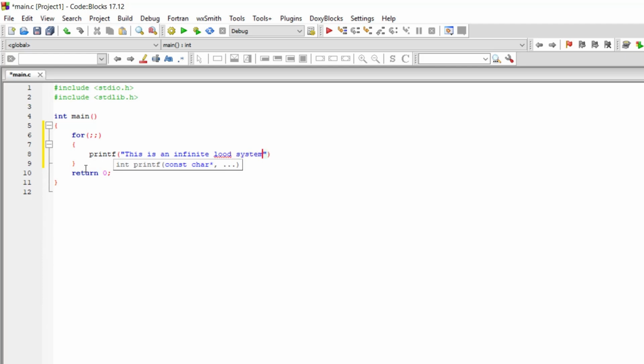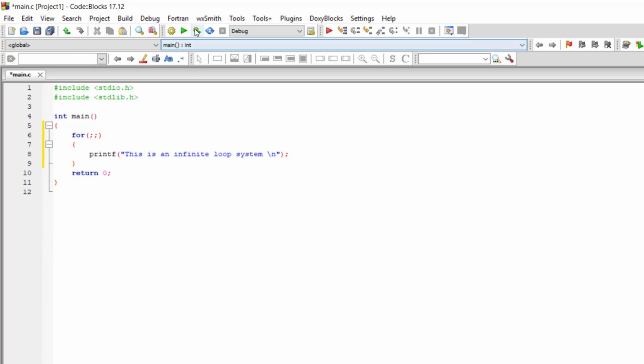And I want it to move on to the next line, so go ahead and put backslash n, and that is all. For this example, put a semicolon at the end. So it's going to print out, this is an infinite loop system,